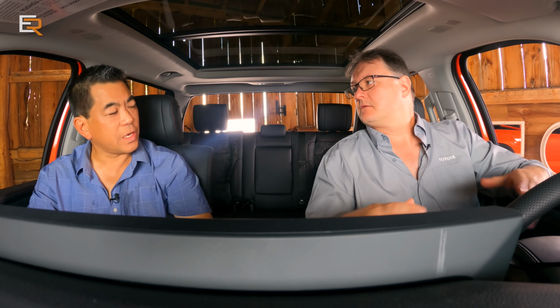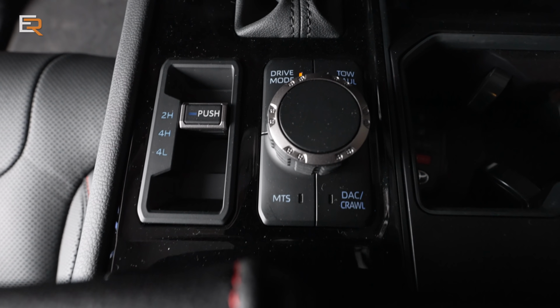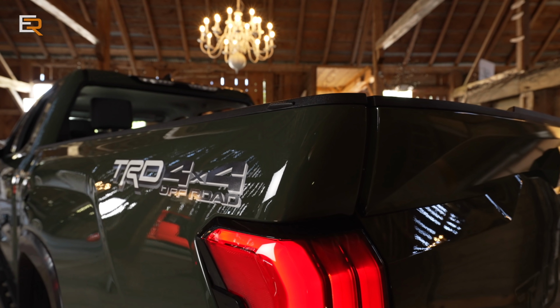Any digital camera for the mirror at all? Not yet. Not yet. That's one of the info we're still trying to get. We're in the prototype and we're before launch, so even though we know a lot, we don't know all the